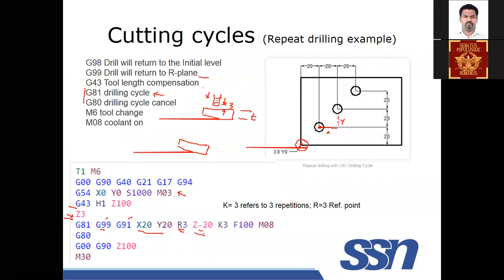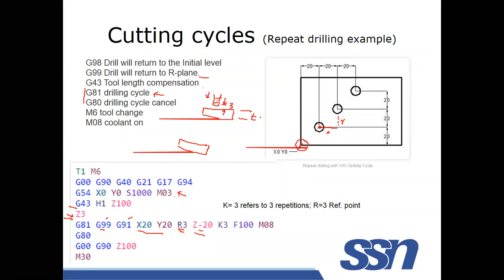Z is equal to 200. What does it mean? It is the depth of cut. Supposing this is 18 mm thickness, let us take an example case of 18 mm thickness. I am penetrating this tool 20 mm so that I can make a complete through hole. That is what the depth of cut is, given by the Z coordinate value, which is in the negative direction.